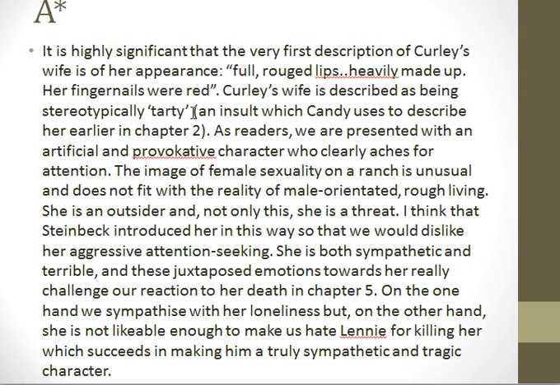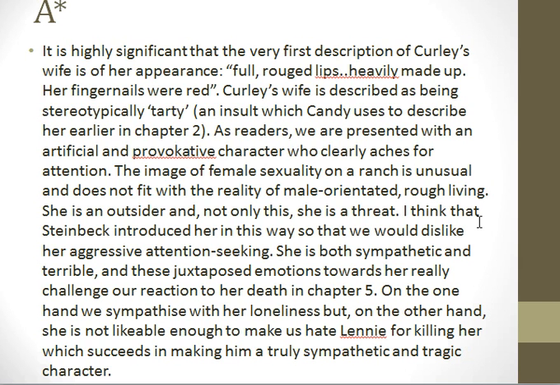As readers, we're presented with an artificial and provocative character, clearly aims for attention. And you can see that all of this rest of the response on the screen is actually just an extended, developed explanation. It goes into a huge amount of depth about Curly's wife, reflecting on this idea that she's attention seeking,